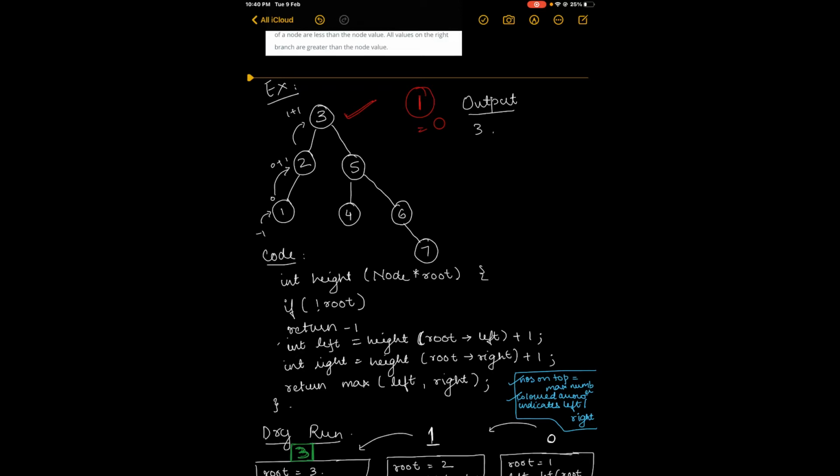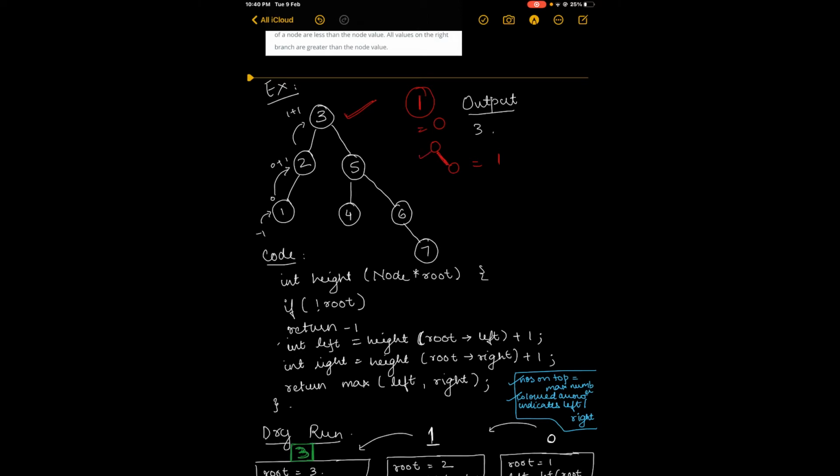If the height of one node is 0, then the height of two nodes will be 1. So basically what they mean to say is the number of edges are counted.